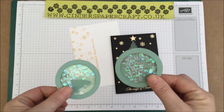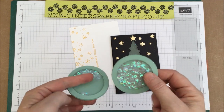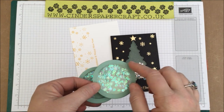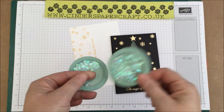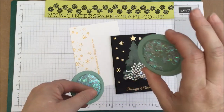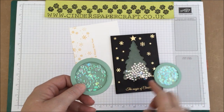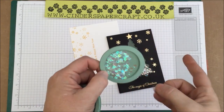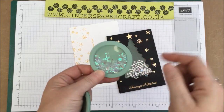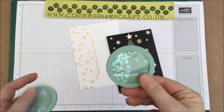Right, so here I've done 2 shaker pouches. I haven't used foam tape. What I've literally done is cut one punch, one size and then the size down. Now this one I didn't treat, and as you can see, it's really static. This one has got less in, I will say that, but if I flick it, they do go down, and there is space, but it drives me mad. Whereas this one,